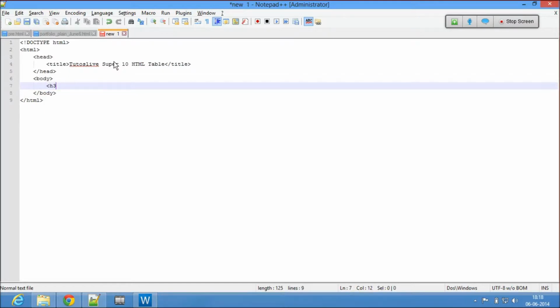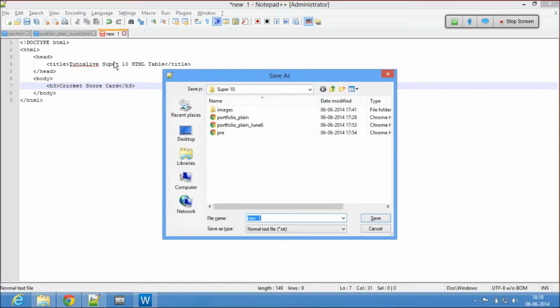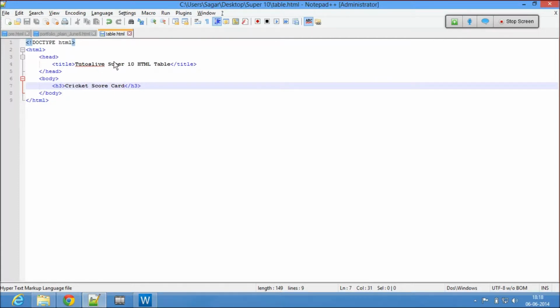Okay, so here let's start our table. I'm going to use an h3 here to just mention, I'll say cricket scorecard. I'm saving this as table.html.